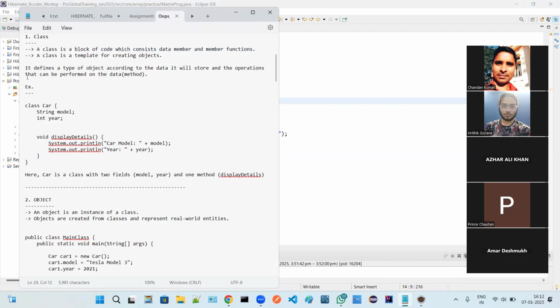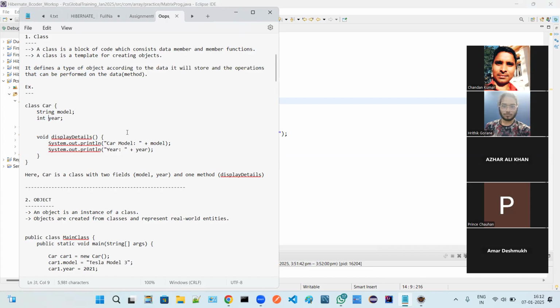Now talking about class, it defines a type of object according to the data it will store and the operation that can be performed on the data. The method defines the behavior. What kind of actions we are going to perform on that data, the method is defining that.